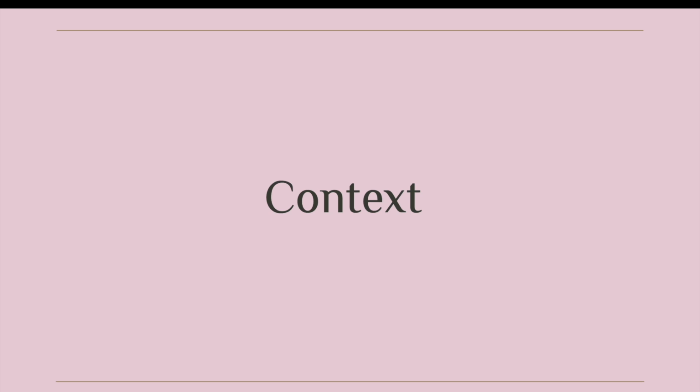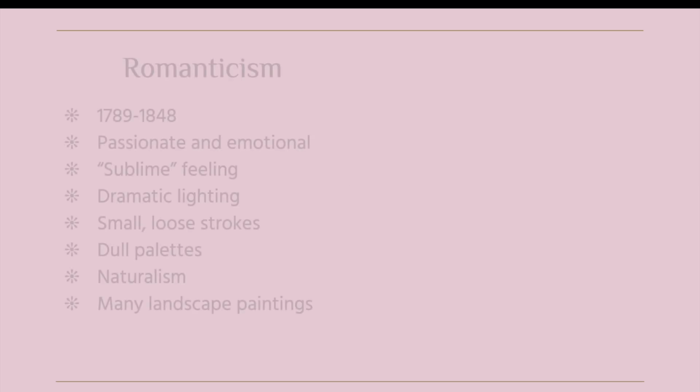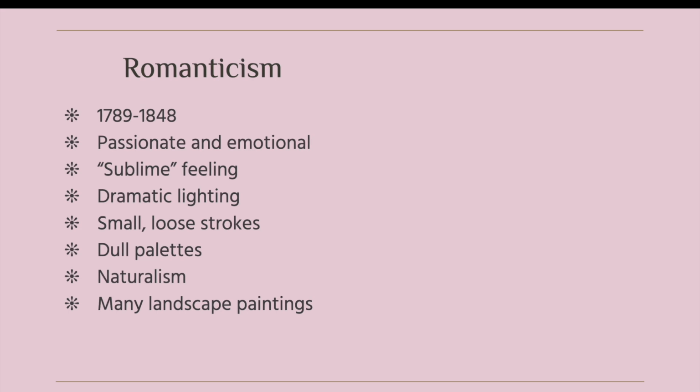First, let's define some terms and context. Romanticism was an artistic movement that lasted from about 1789 to 1848, the start of the French Revolution to the revolutions of 1848. It's characterized by a return to emotion and passion that was seen as lost to the Enlightenment. Defined by a sublime feeling, Romanticism could best be summed up as conveying a feeling that goes beyond logic and